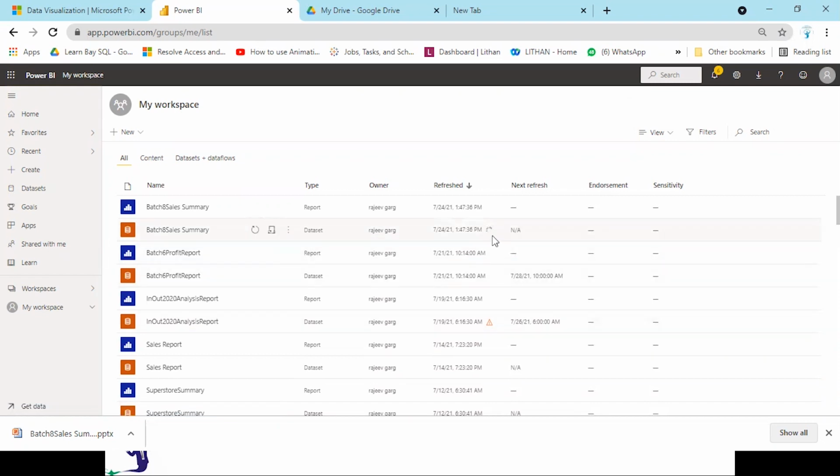See, some processing is going on and the data will be refreshed over here, or it should be refreshed, but I am expecting an error. I doubt the error will come. Ideally, an error should come.